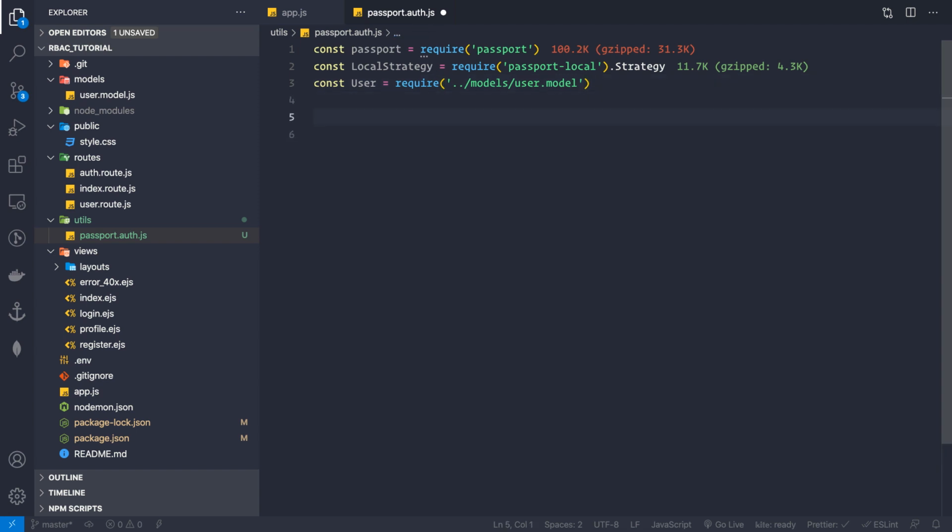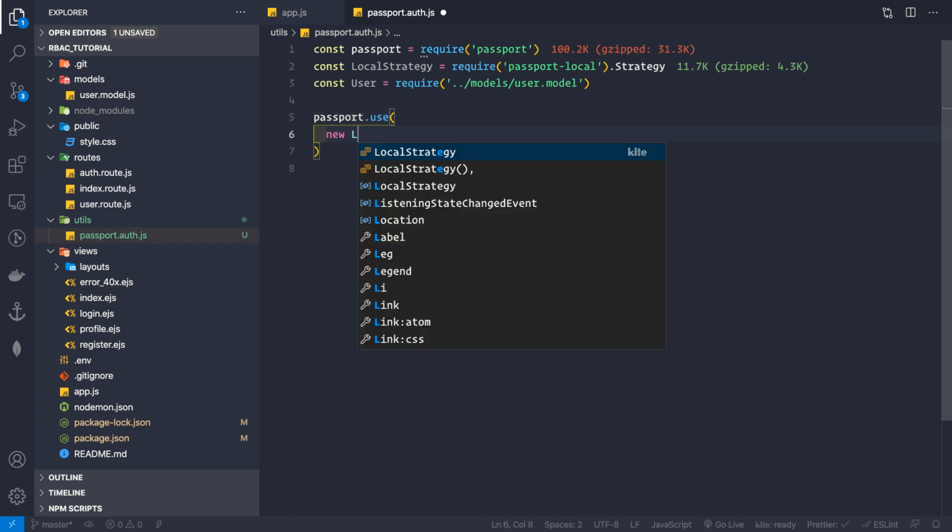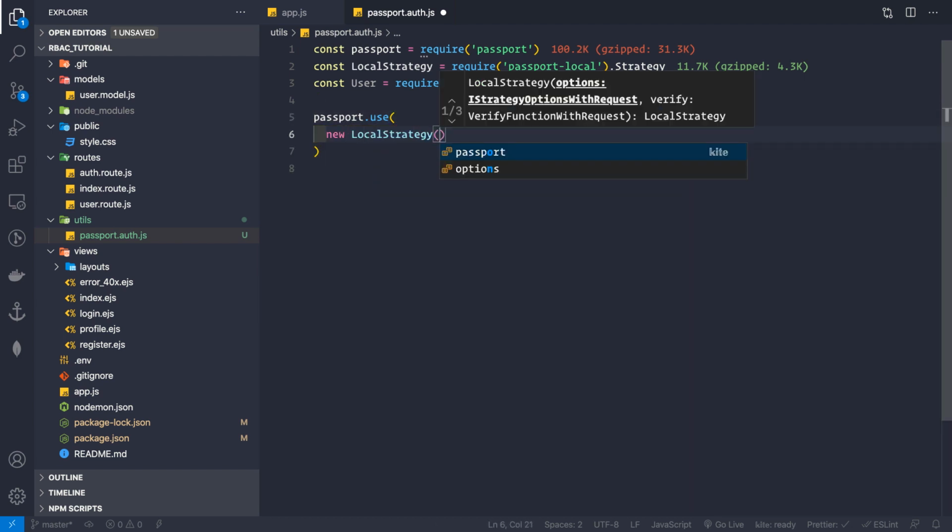And now we can simply use this passport thing here, and basically it's a middleware. I'll be requiring this file, that is passport.auth.js, directly inside our app.js file, and it is simply a middleware. So we can do passport.use, and here we need to provide the local strategy. So we can say new local strategy, like this, and here it takes in a couple of options and a verify function. For the verify function, we can write it async,